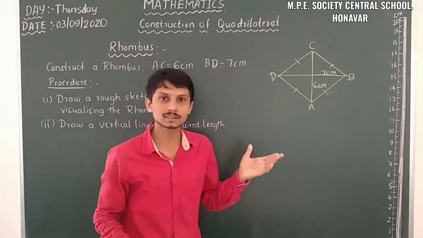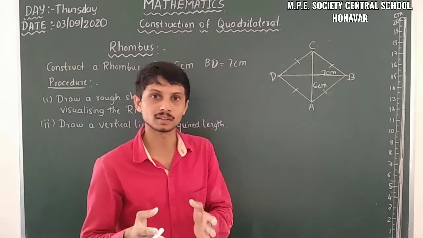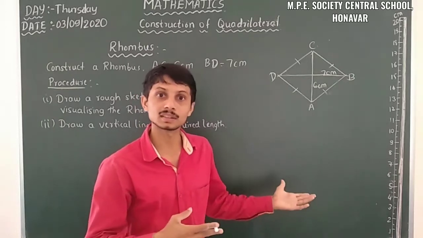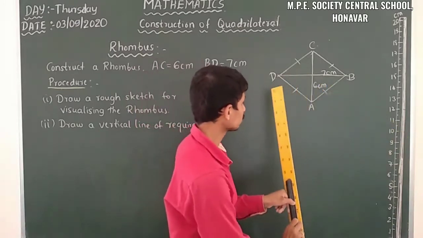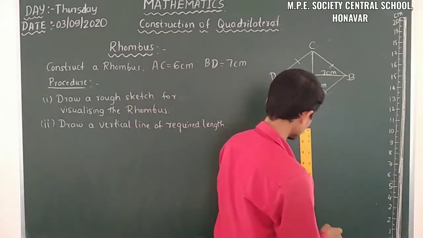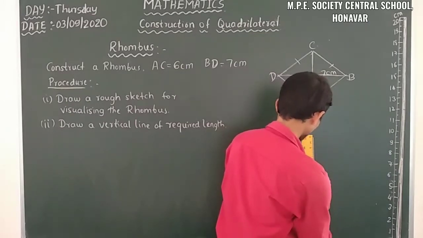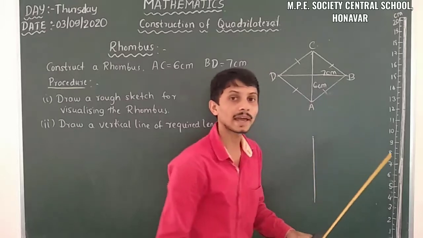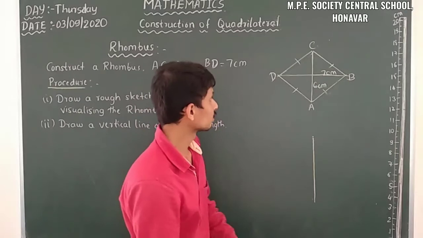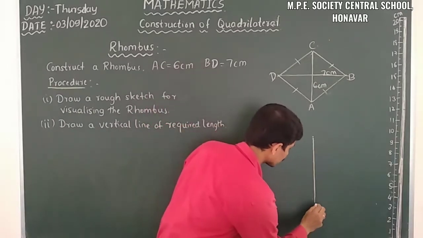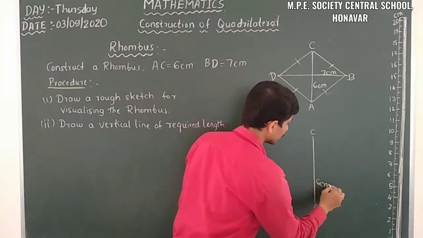So in all the cases, in the first two cases we draw the first diagonal, one diagonal. After that we draw the base in the case of the square. Here we have to draw a vertical line first. It is of 6 centimeter length. Draw 6 centimeter here. You have to take the exact measurement in your notebook. Okay. So let us go ahead. The length of AC is 6 centimeter.